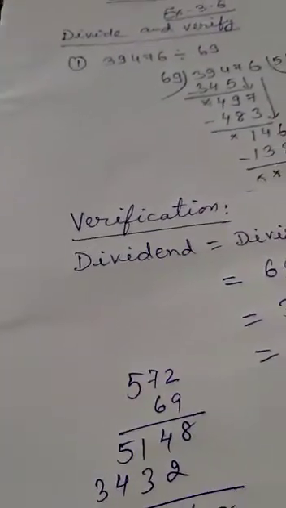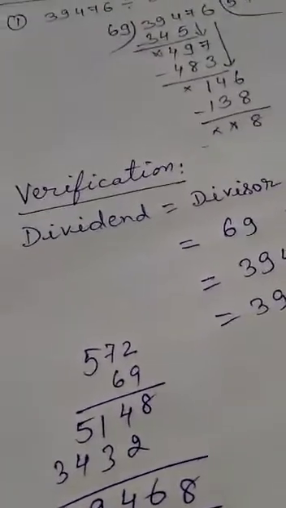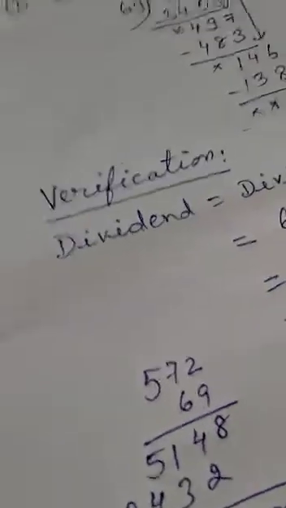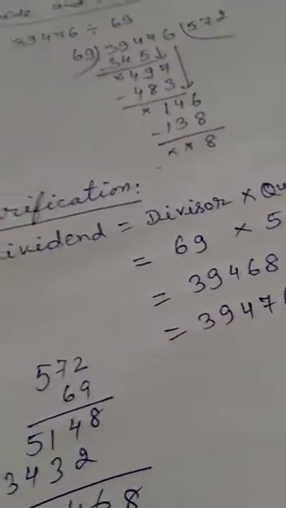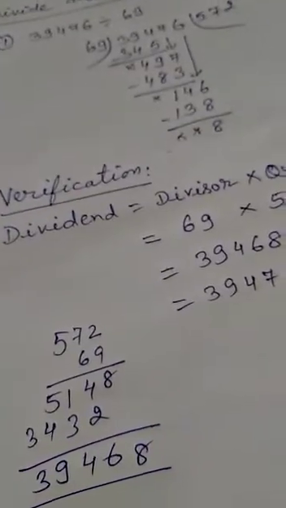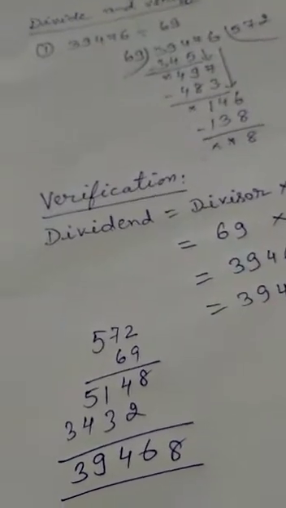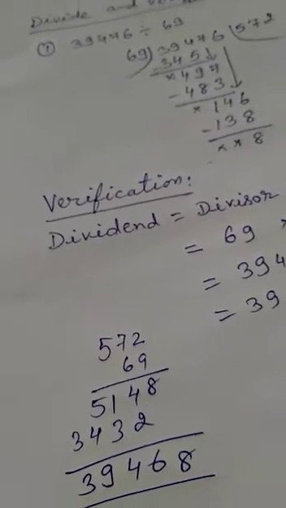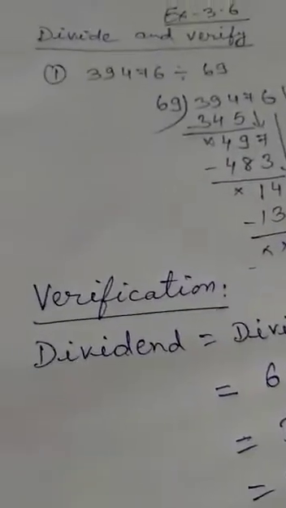Children, some tips of division by 10, 100 and 1000. When you divide by 10, 100 and 1000, you will not actually do the division. You can easily find the answer. These are: when the number is divided by 10, all digits except the digit at one's place will be quotient, and the digit at one's place will be remainder.